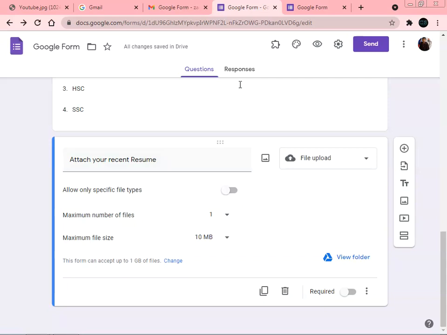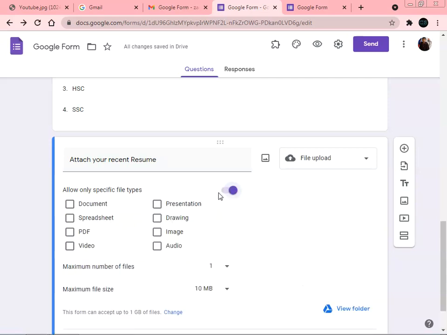Initially, allow only specific file types. We have to check which type of file we are going to accept from the user. If you are going to accept a PowerPoint presentation, you have to select presentation. If we are collecting data in the form of a Word file or PDF file, we have to select document or PDF.